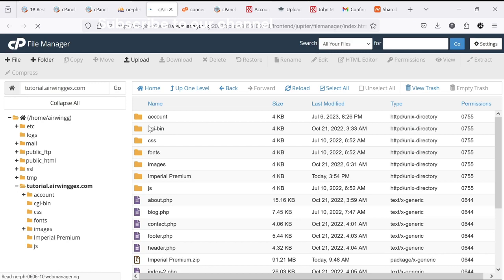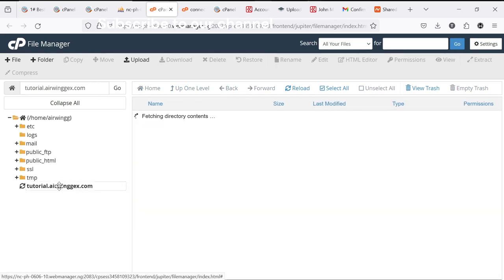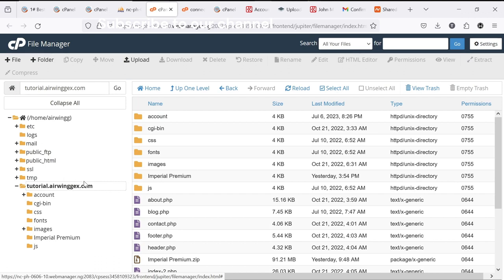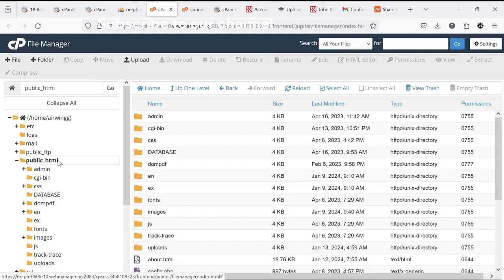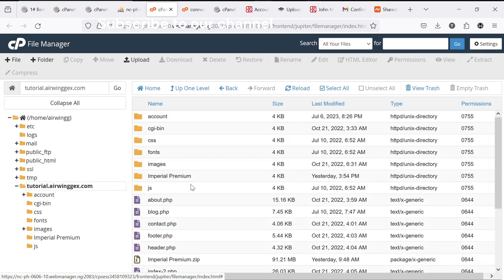You click on file manager. So as you can see, this is where I've been working on this subdomain. For the purpose of this tutorial, I'm using a subdomain, but if you are doing this for the main primary domain that you're purchasing it for, you're going to be working in your folder called public_html. So this is where you are going to be working on everything that I'll be doing in this subdomain. Okay, so once you've done that,